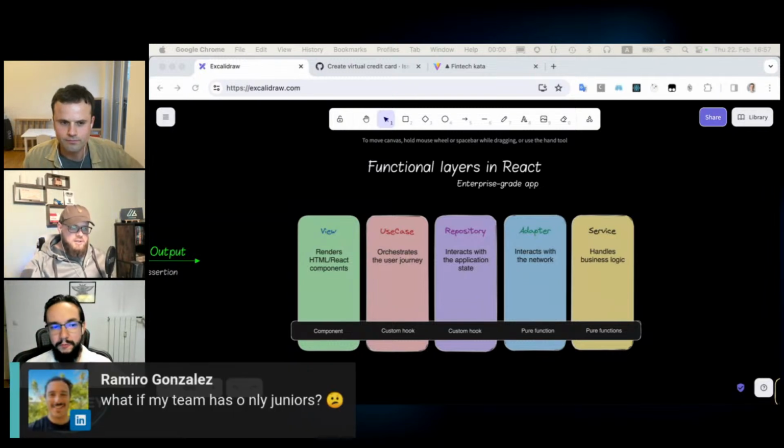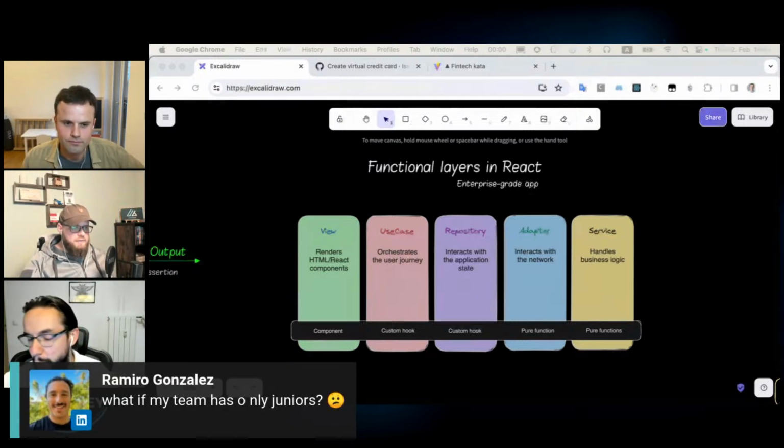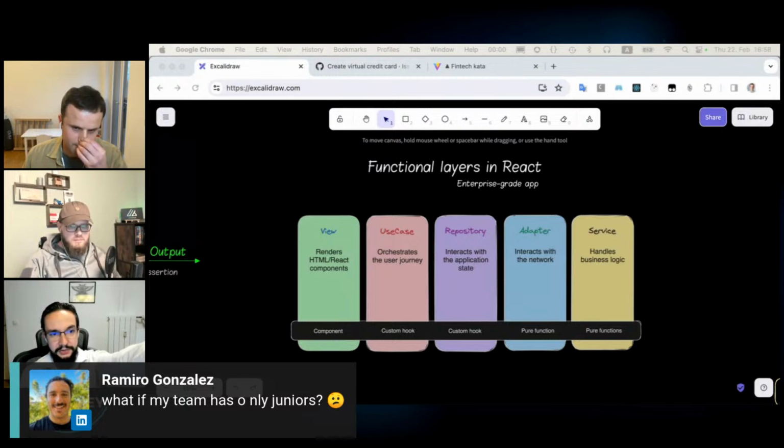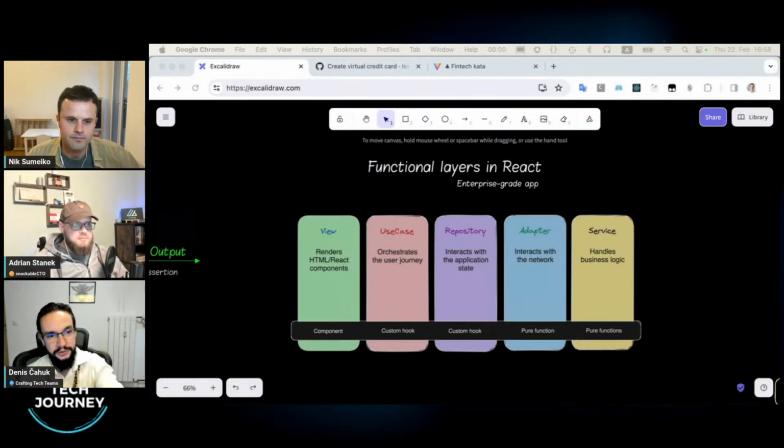And the second question you have is with the juniors, be very careful about that. Architecture is something you need to do no matter what level your team has. If you don't have the level to execute, this is a dysfunction you need to fix. But you cannot just say, I have just juniors, I don't need to do that, because you run against a wall in the next year. If you have a lot of juniors in your company, I would rely on Nik's guidance, to have Nik on the team and guide the juniors with more structure rather than too little structure.